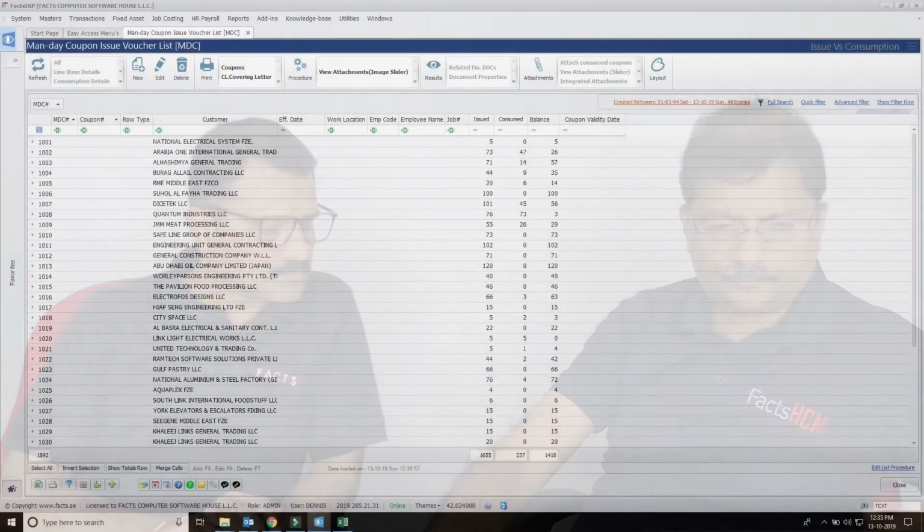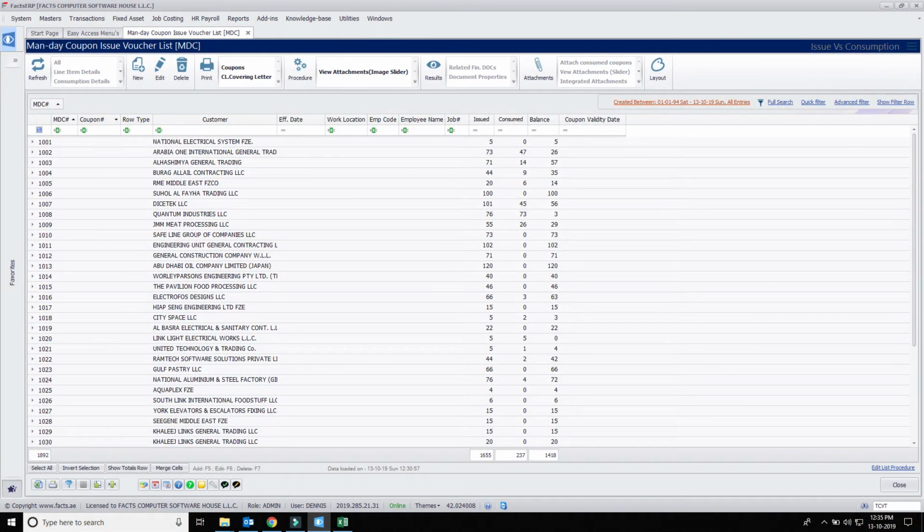So it's very easy for you now. You just need to group by the issue voucher number. When you group by the issue voucher number, you can see all the issue vouchers you have created. Here I am grouping by the MDC number. The columns here are the MDC number and the coupon number. The issue voucher is made for mentioning the count of coupons. So we are joining this with a serial number master and producing individual split numbers, which is called the coupon number.